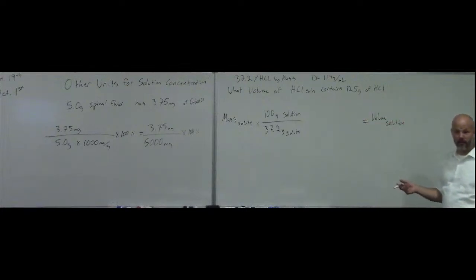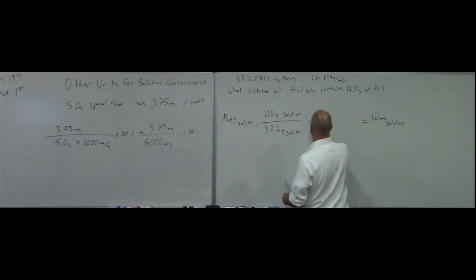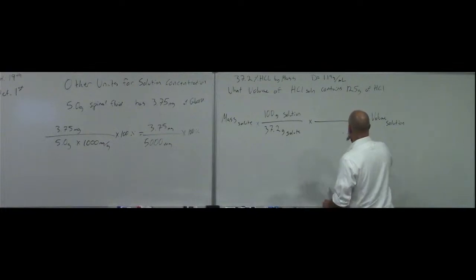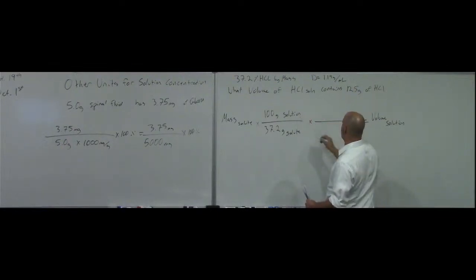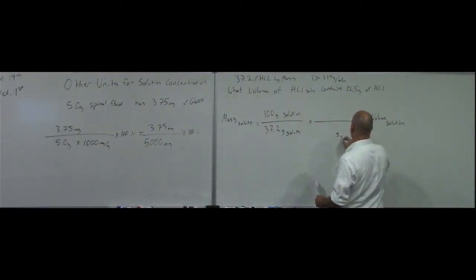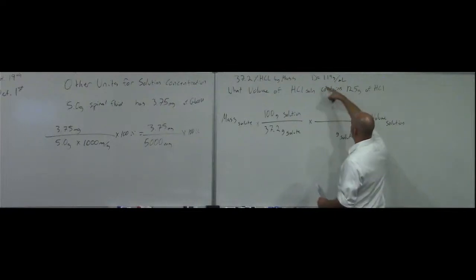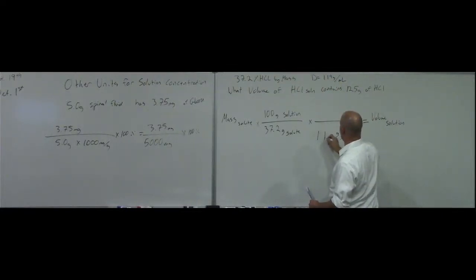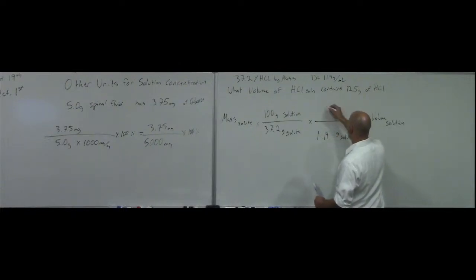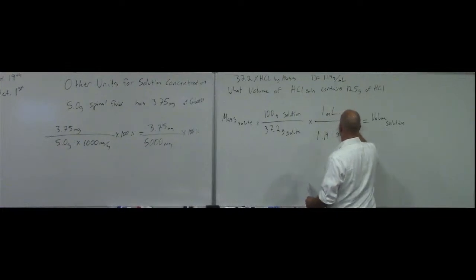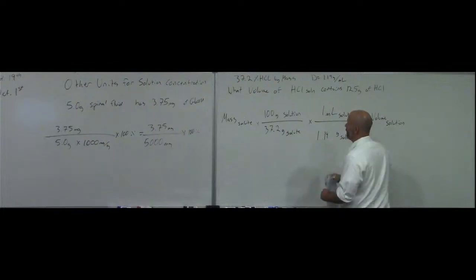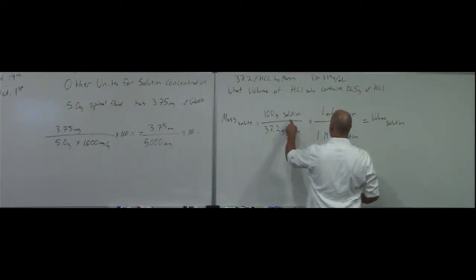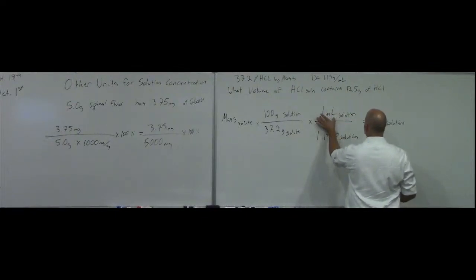What lets me do that? The answer is density, right? So I just multiply that by my density, right? And so I've got mass of solution on top. I need to cancel that out, so I need it on the bottom, right? So grams of solution I need down here. Well, that number is 1.19, right? 1.19 grams of solution, which means up top I need per 1 milliliter of solution. My solutes will cancel, my mass of solution will cancel, and I'll be left with a volume of solution, which is